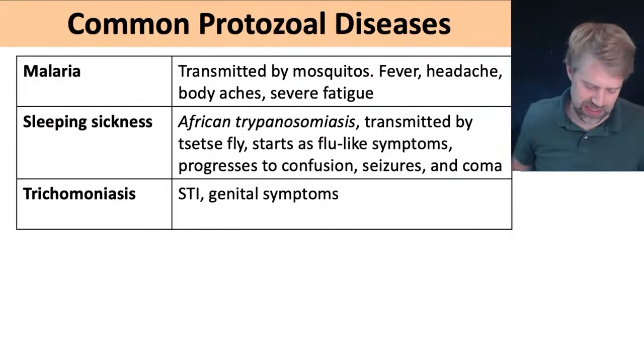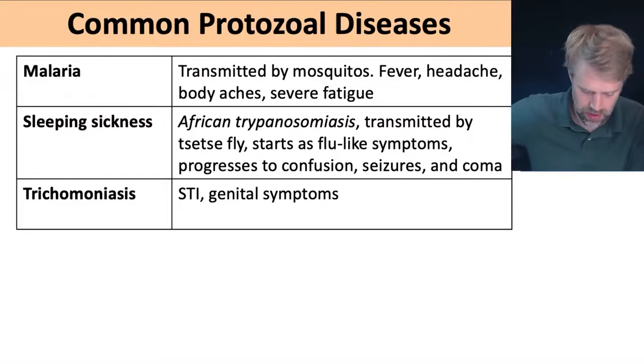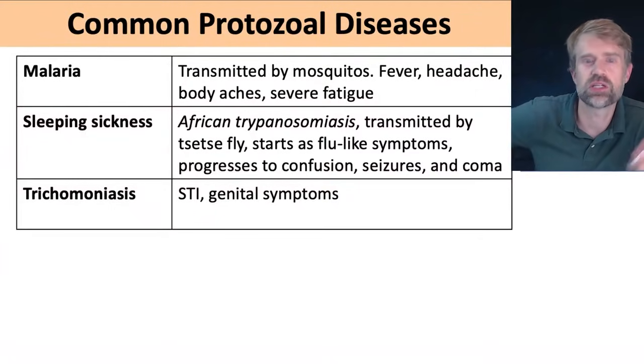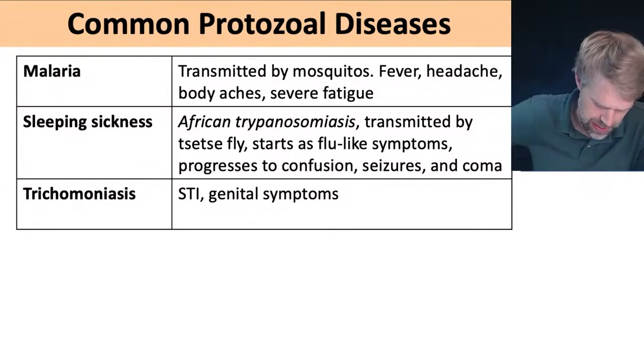What is known as African sleeping sickness is caused by a bite from the tsetse fly. And it starts with flu-like symptoms that progress to confusion and seizures and coma. It's also terrible, caused by a protozoan. And then there is